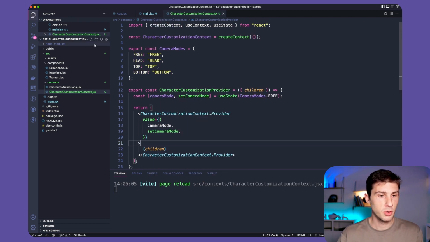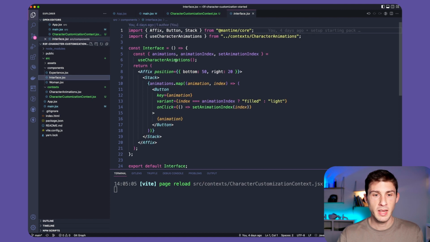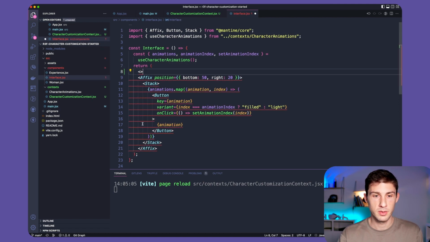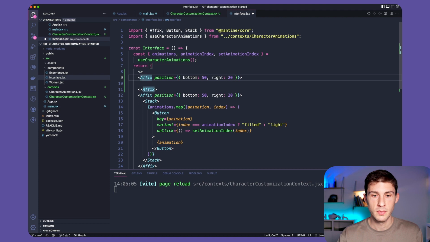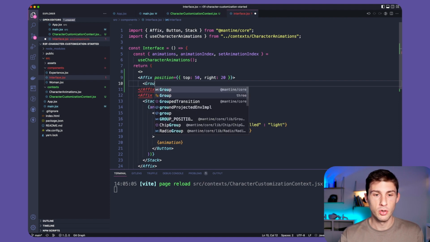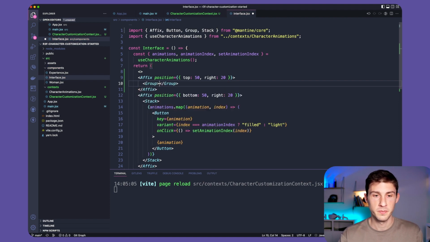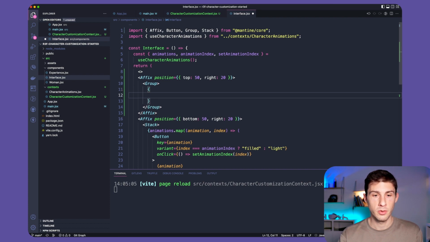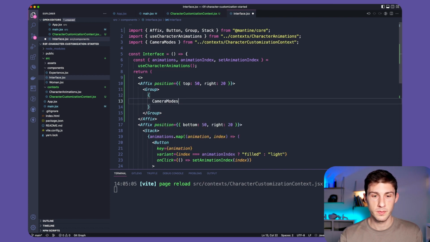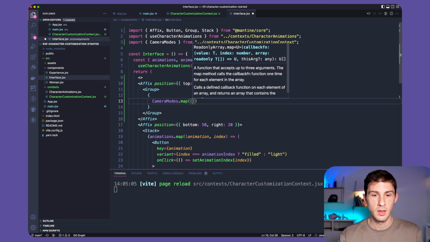Perfect. Now let's go to our interface, and we will add on the top, so it will be in a different affix. Here, it will be top 50 maybe. We will fine tune later. This time we will be using a group instead of a stack. And we will display a button for every single camera mode. So camera mode dot map, mode,